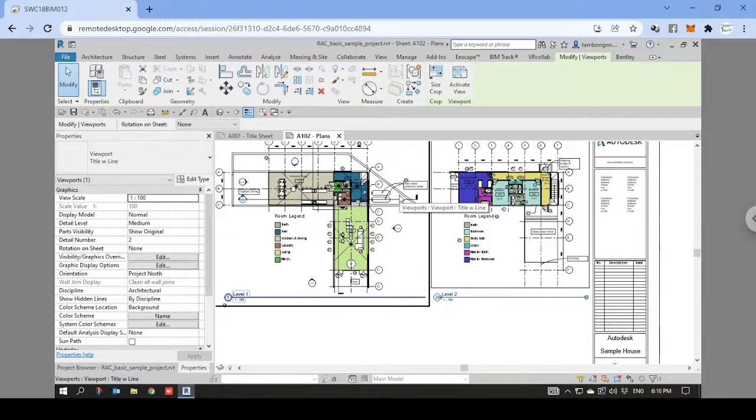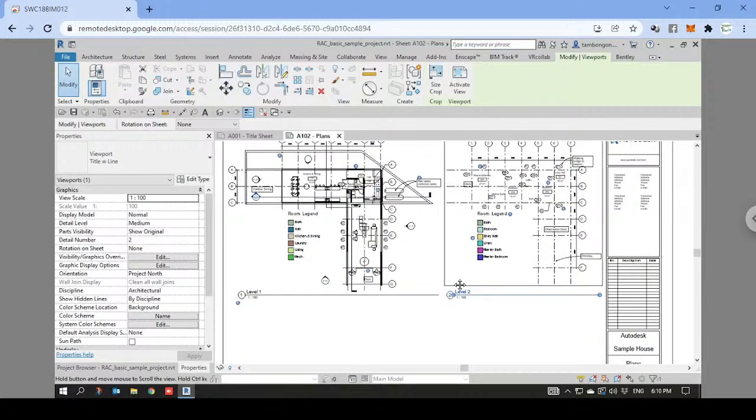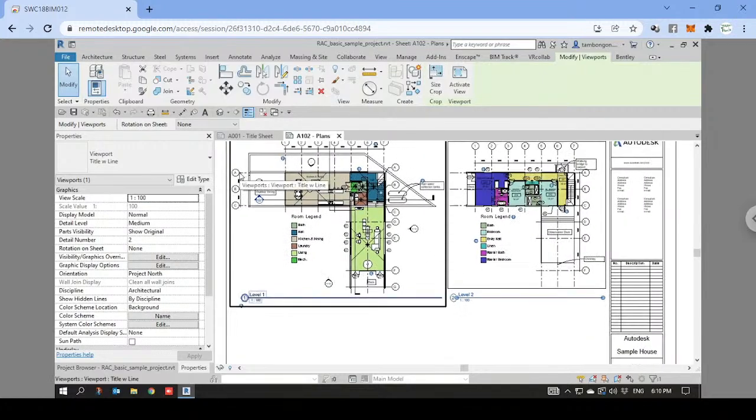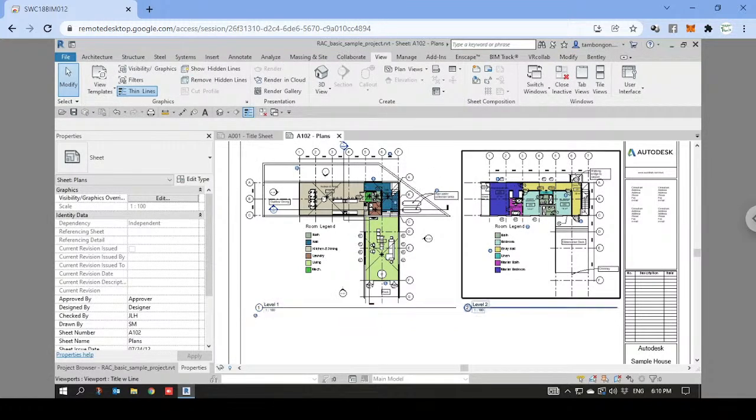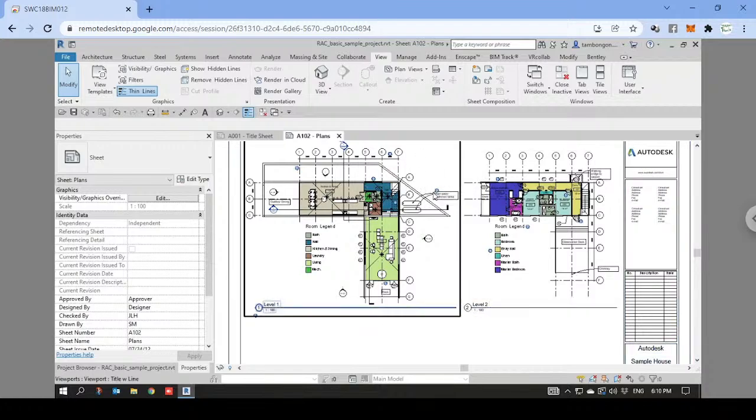There are also some instances where you want the grid line A to be more continuous, instead of having both floor plans show the bubble of grid line A. So there are some drawings, like elevations or sections or even this floor plan view, where you want the grid line to be continuous up to the next view. For us to do that, what you can do is